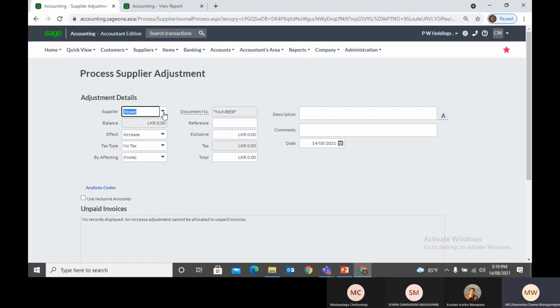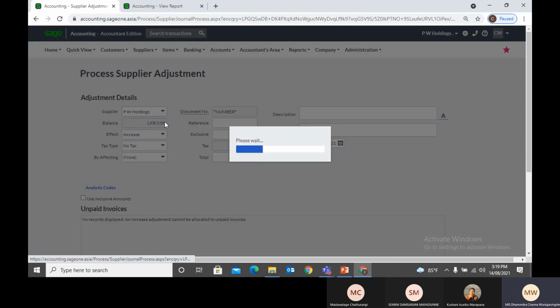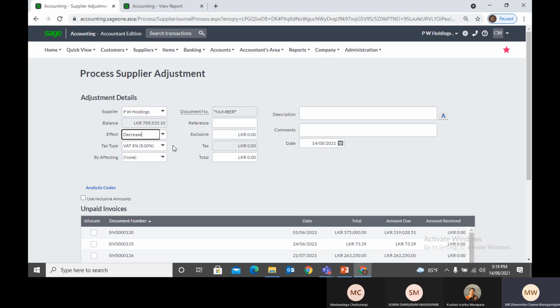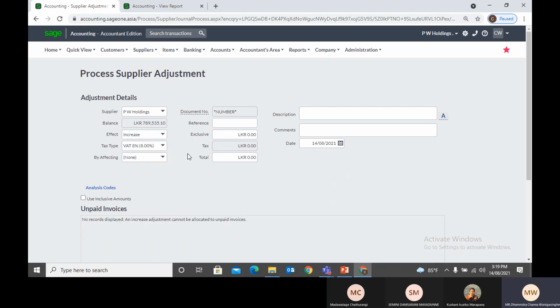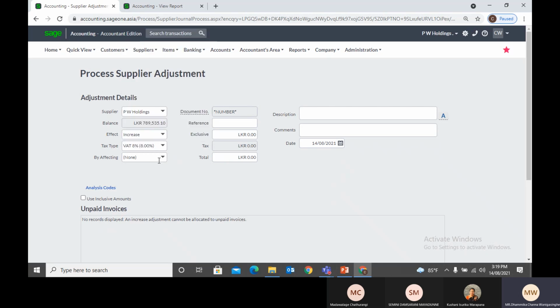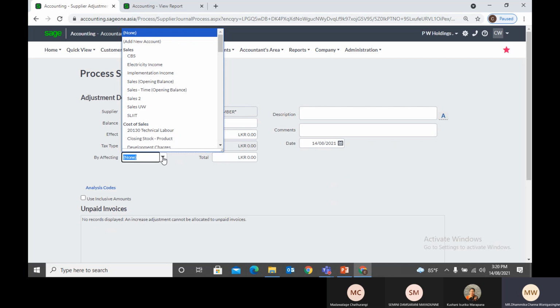From here, you can select the supplier, and from effect, you can increase or decrease your supplier balances. If you select increase, your supplier balance will increase, and if you select decrease, that supplier balance will decrease. And for this transaction, if taxes are available, you can select the tax rate, and by affecting account, you can select